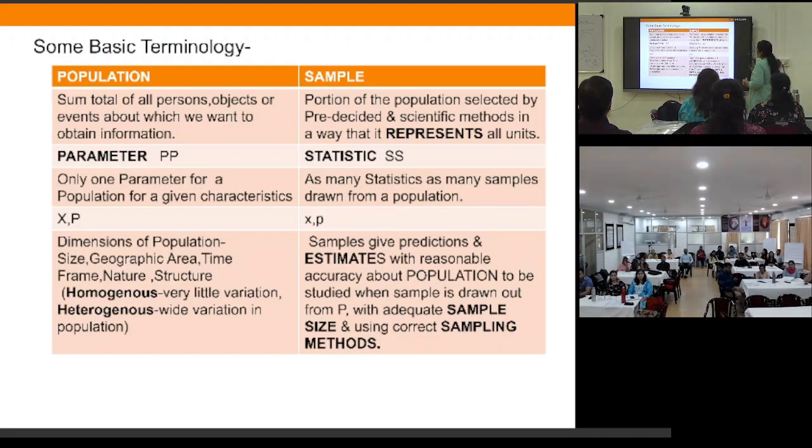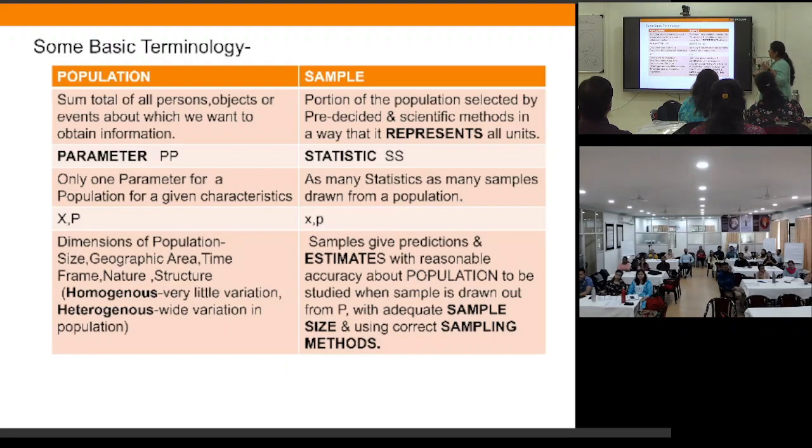A population will have only one parameter, one truth in the universe. But when we want to estimate that truth, we can never know the real truth about anything. How many people died due to COVID? Whatever figure is in front of us right now might not be correct. But we have to go closer to the universal truth. That is basically what research is.